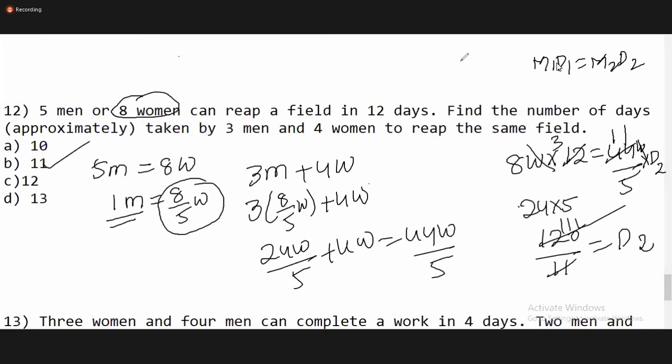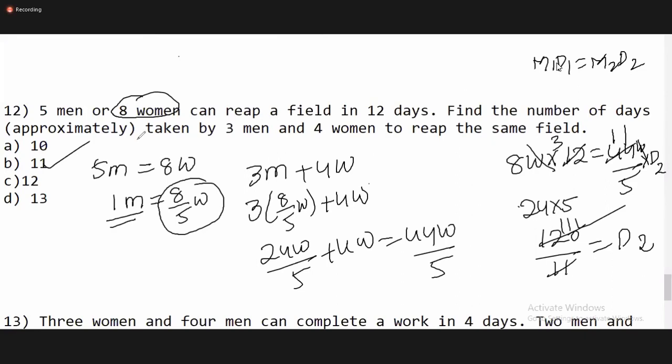This is a standard model in so many exams. Direct questions in the CAT exam, this model is asked many times. Maybe the variables may increase: 5 men or 8 women or 3 children he'll give. The only point is you have to convert everything into 1 unit. So this is one way of doing it.